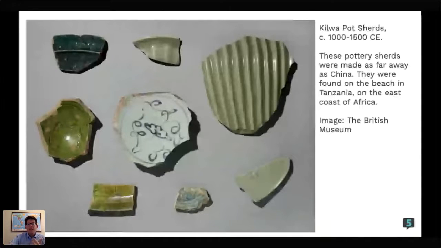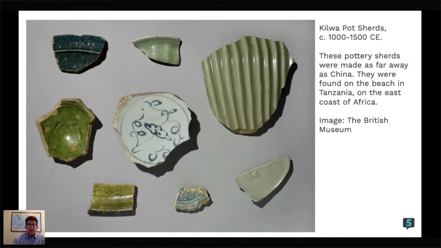The different glazes and designs on this pottery indicate they were made in different places. For example, the blue-green colored pottery was made in China, a style that is reminiscent of that. Other decorated pieces, the green decorated pieces, are typical of the Middle East, things that would have been made in Iran or on the Arabian Peninsula in what is now Oman. And some of the pieces found at this place were very likely made close to home.